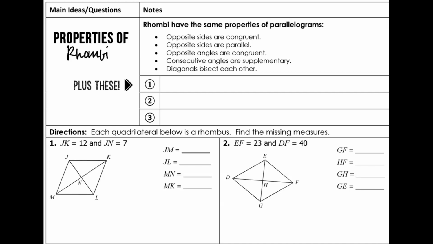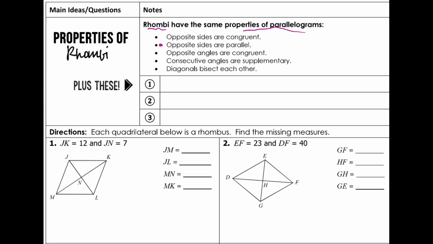So because every rhombus is a parallelogram, they have all of the properties of parallelograms. So we really want to be familiar with all 5 of those properties, including the second one, which is really the definition of a parallelogram, but it's still a property. It's still something that if you know you have a parallelogram, you know you have 2 pairs of opposite sides